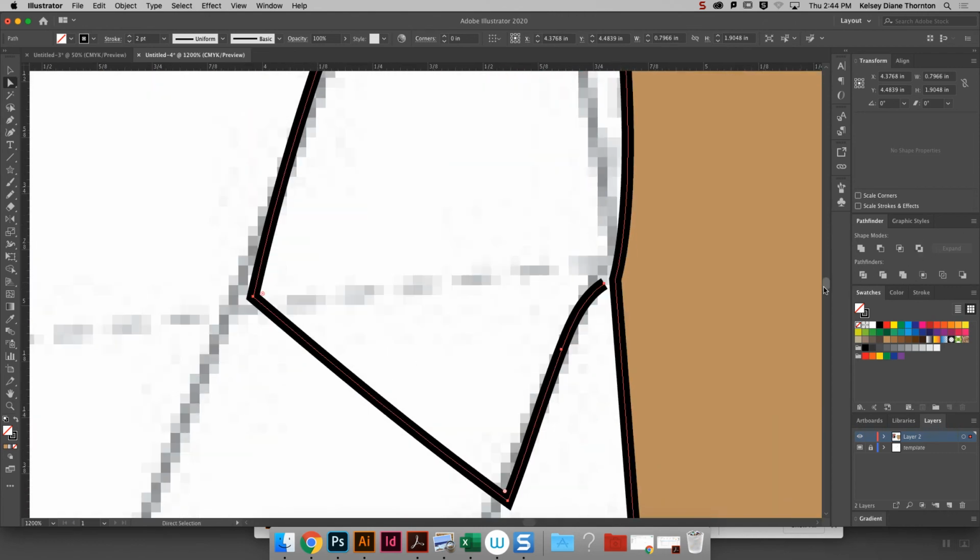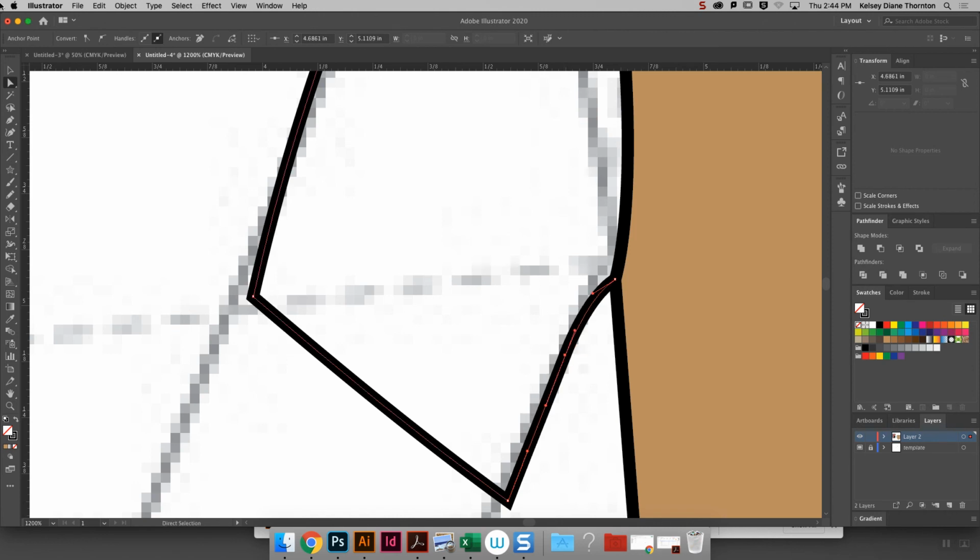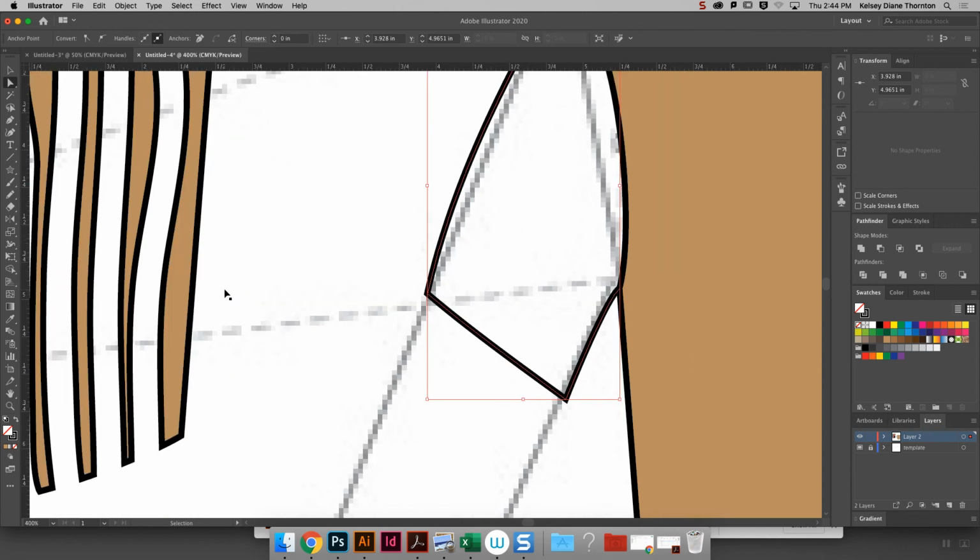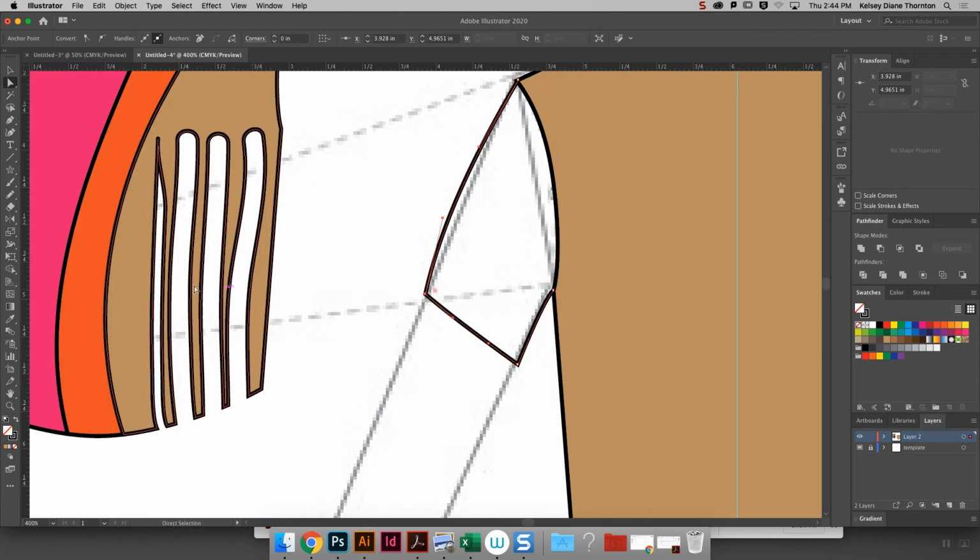You guys can see it now at least. Tiny gap in between the edge and the armpit, so I can adjust that. If I don't want this anchor point, I can subtract it using the pen tool. It's just got to be selected first, and I can adjust this point. So once you think the arm is looking good, I have not made